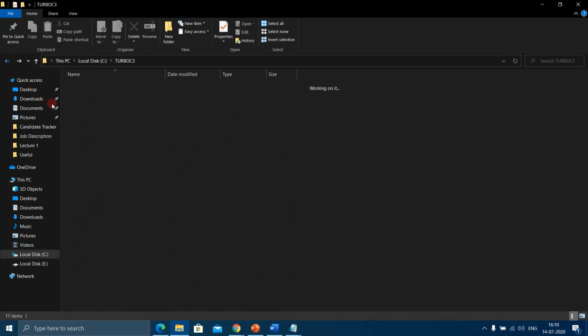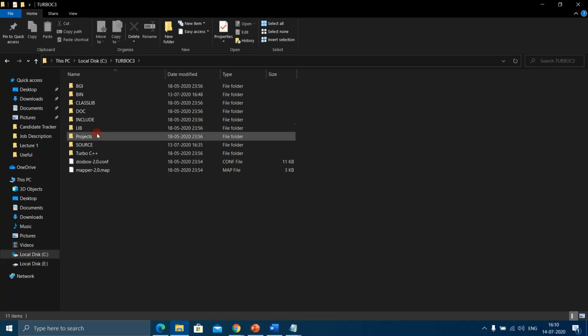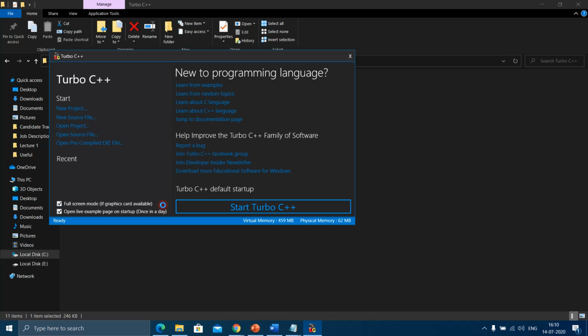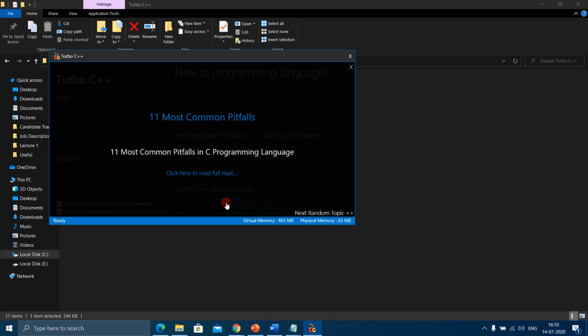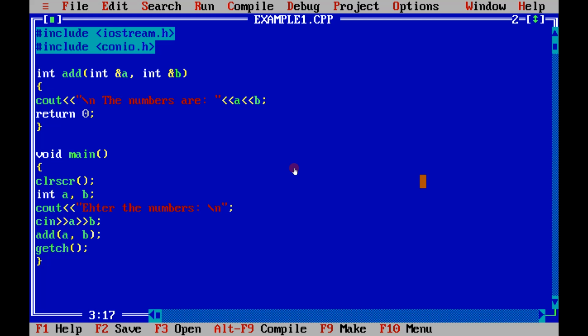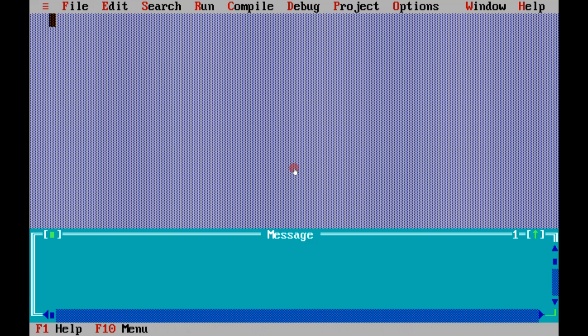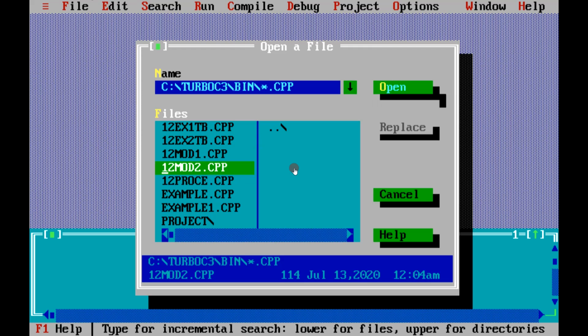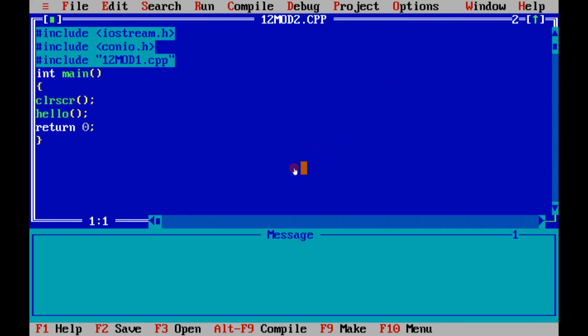I will open it in Turbo C++. I will open 12mod2. This file I'm going to open here.